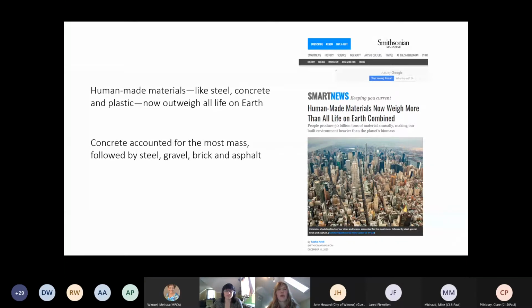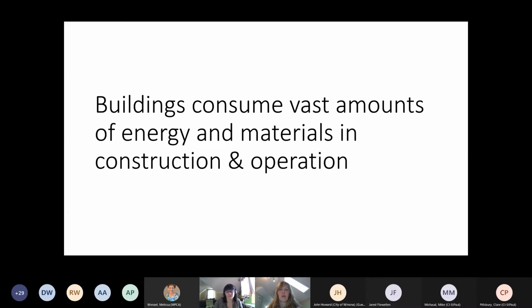And most of that is because of concrete, but also steel, gravel, brick, and asphalt. And that's including microbes and everything. If you add in all of the biomass and weigh that against all of the things that humans, because we're the only ones that make stuff like this, have made,